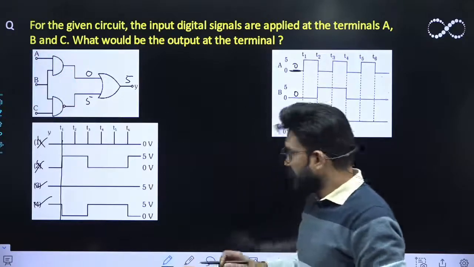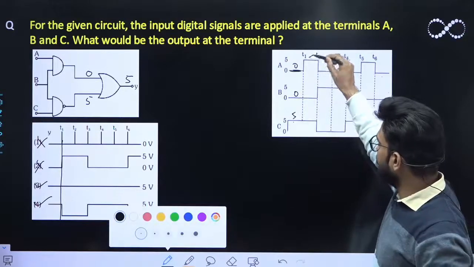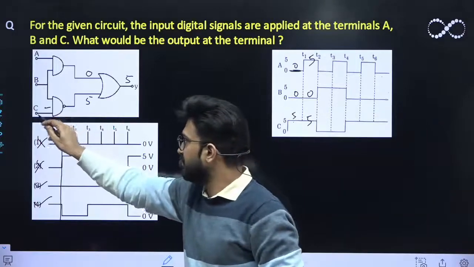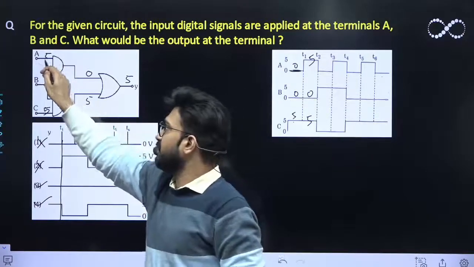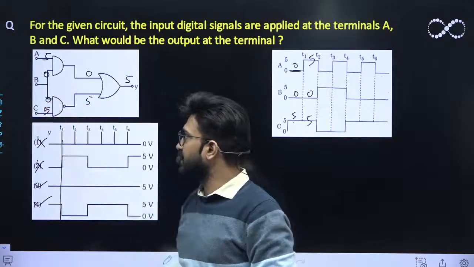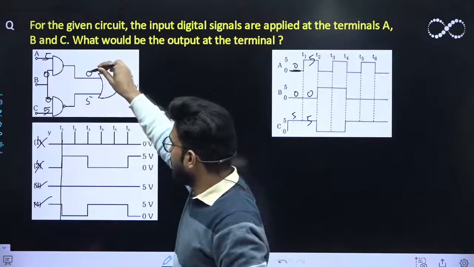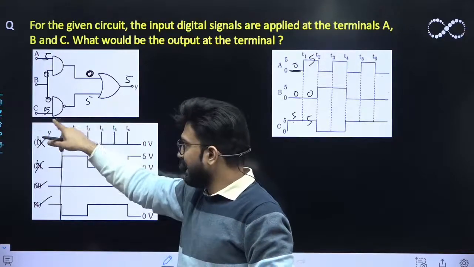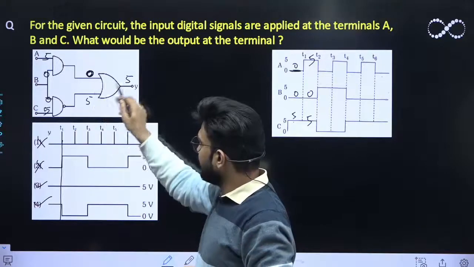Now in the second input signal, you'll be having A is 5, B is 0 and C is again 5. So that means C is 5 over here, and A is 5 and B is 0. Okay, so that means B is 0 over here, also 0 over here. So now the AND of 0, 5 is again 0. Okay, and what about the NAND of 0, 5? Again the NAND of 0, 5 you will be getting 5 only. So again 0, 5 comes out to be 5.